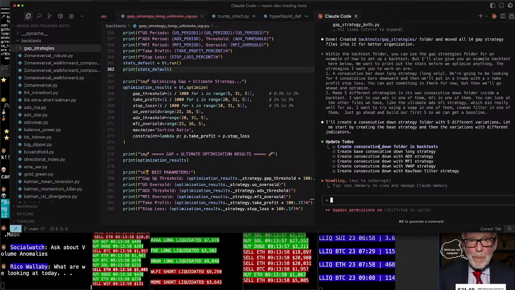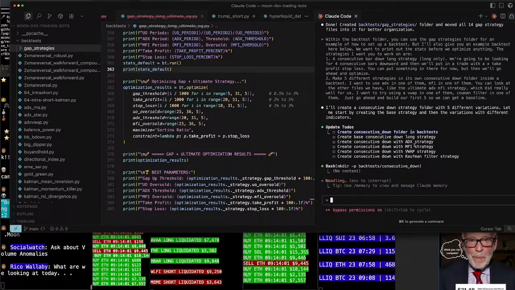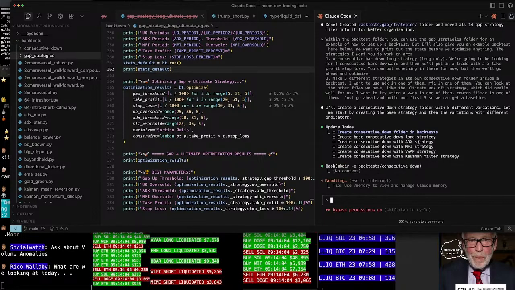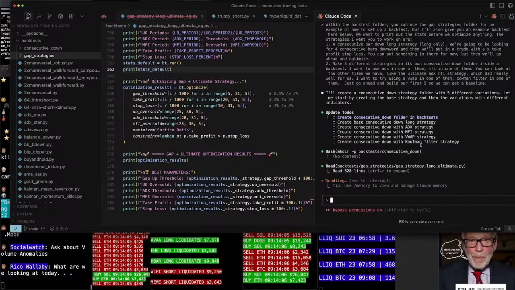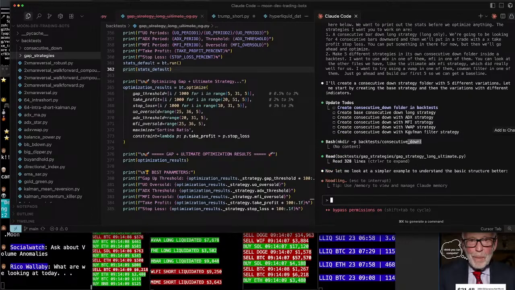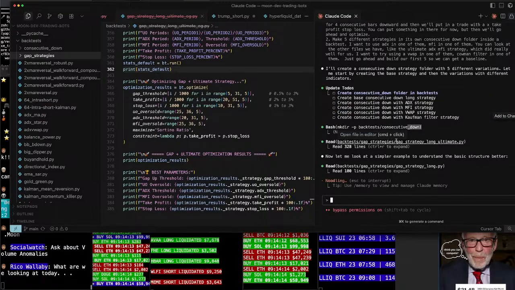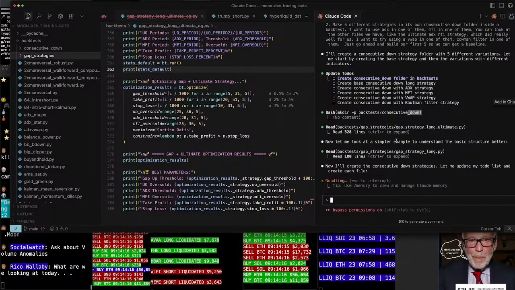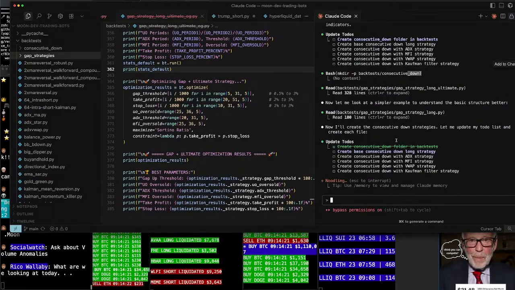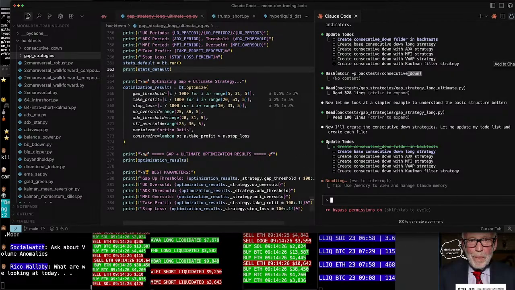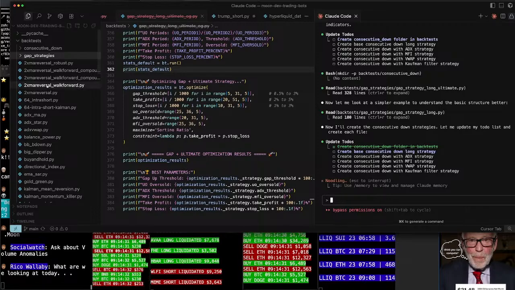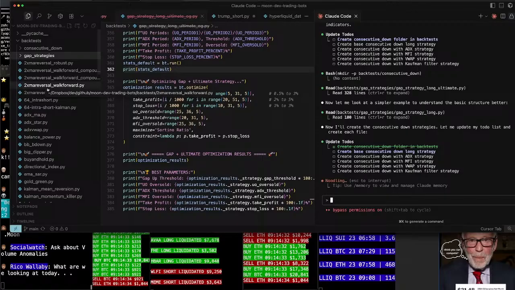Consecutive down folder in backtest. Okay, create base consecutive down long only strategy. Make one with ADX, MFI, VWAP, and the Kalman filter. That's not what I said, but that's okay. And then I also want to test it on our gap data. So we have different gap datas here. Go ahead and look at our gap strategies and